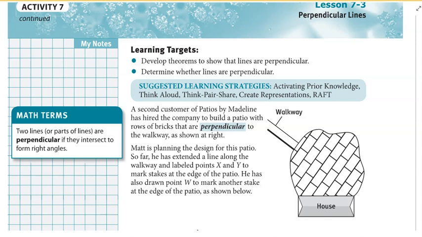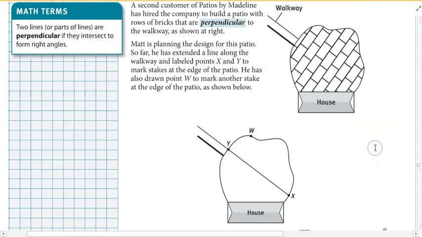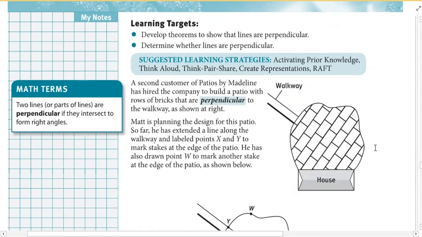Hopefully you've already gone through 7.1 and 7.2, learning about angle pairs and relationships on parallel lines cut by a transversal. Now we're going to focus on perpendicular lines. So we still have Matt and his patio that we're working on. Our targets today obviously are to make sure that we develop theorems to show that lines are perpendicular,